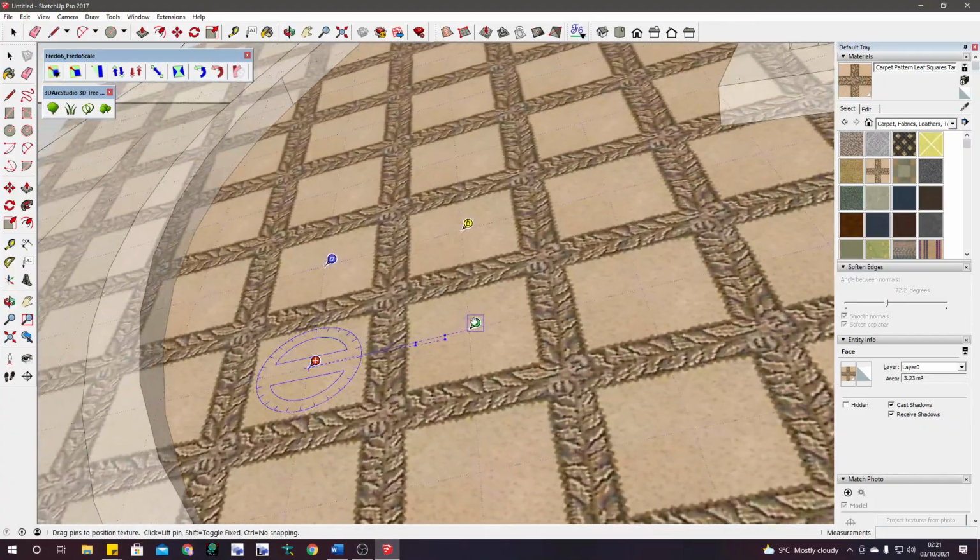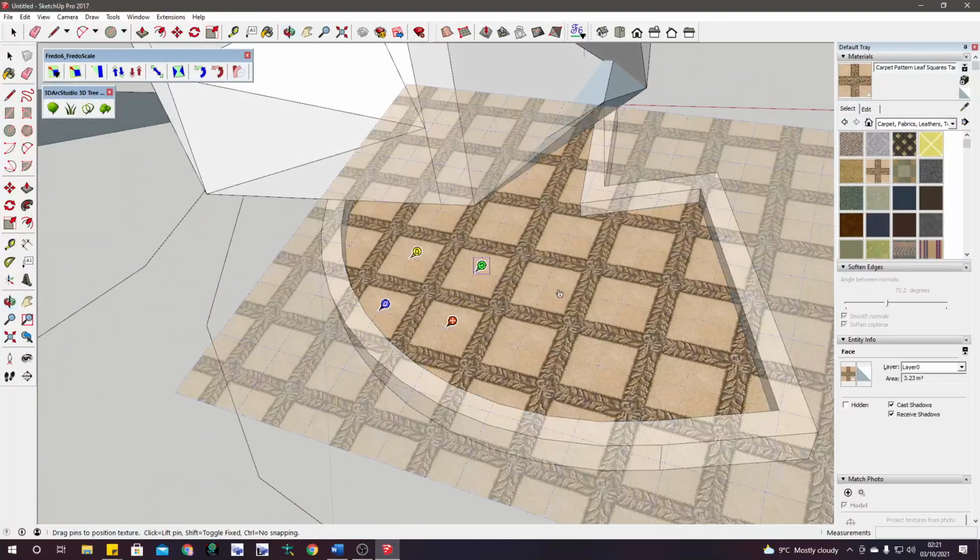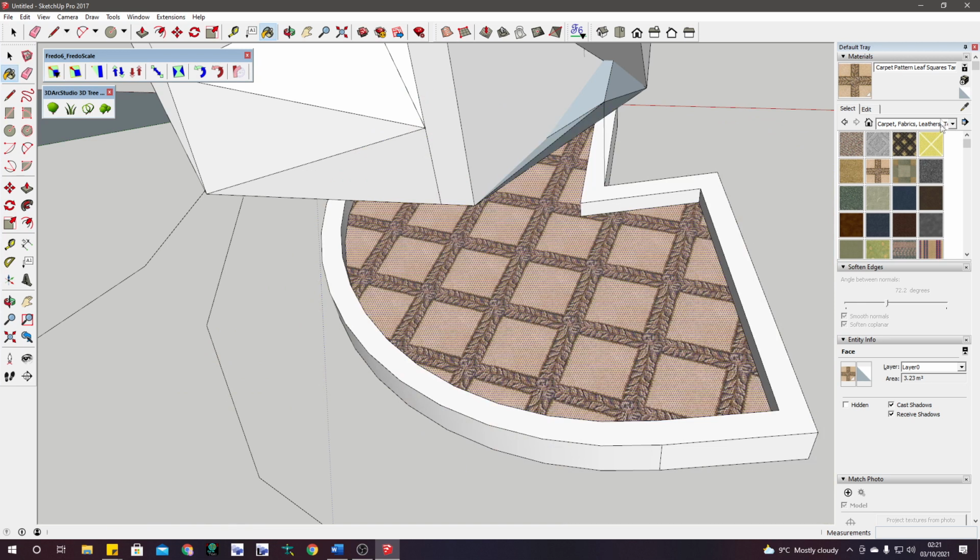Now the scale will be uniform, the rotate will be uniform as well, because in SketchUp every texture is seamless, every texture can be tiled infinitely left and right, up and down, doesn't matter. However, if you cannot find a texture that you're happy with, you can always make your own. So it says there, create material. If we click on that,